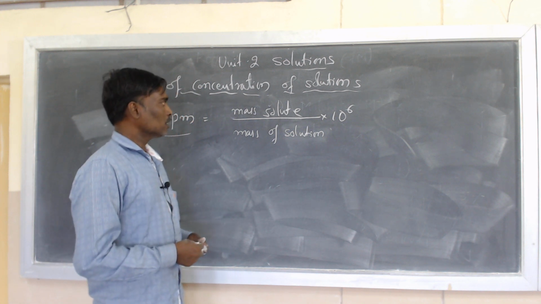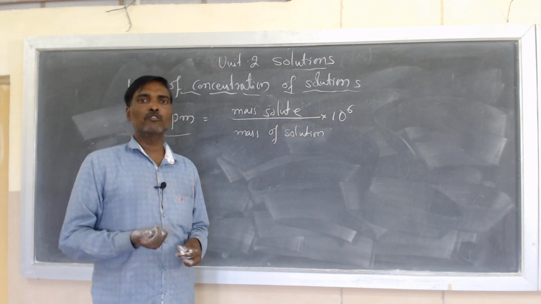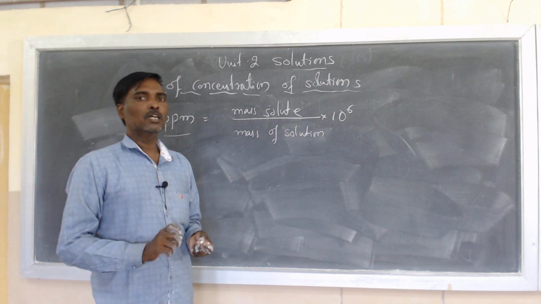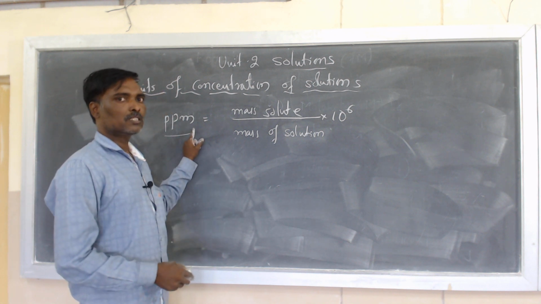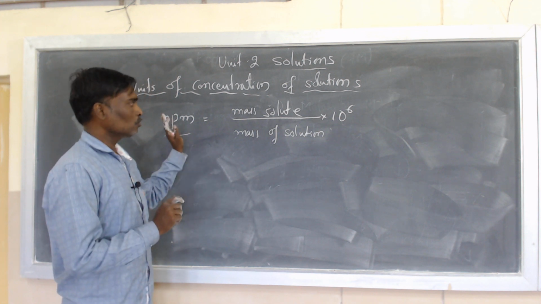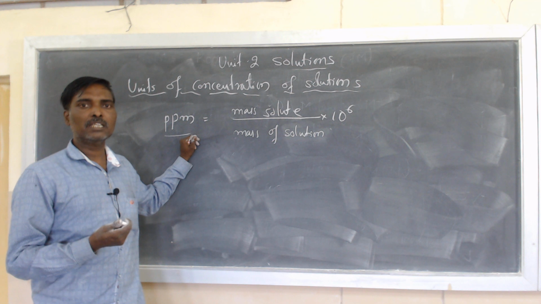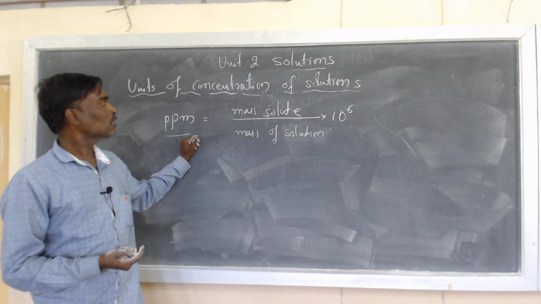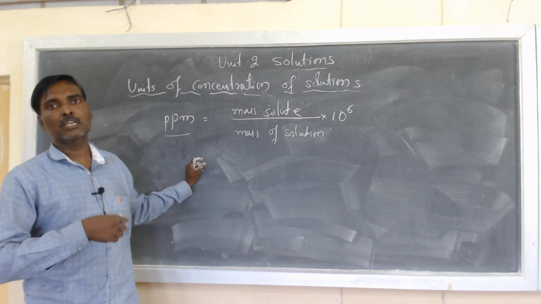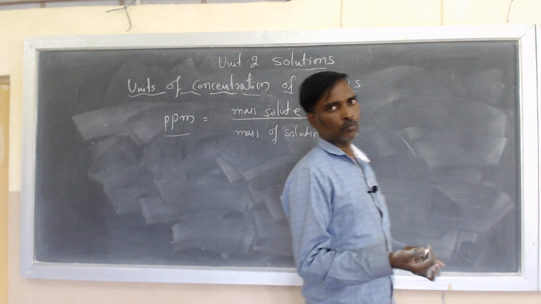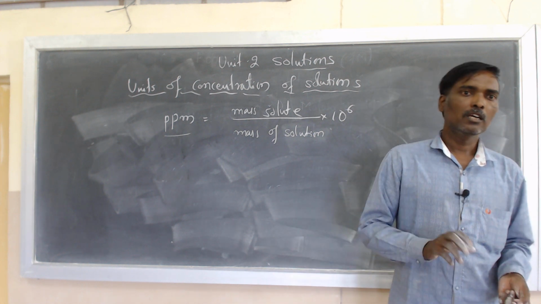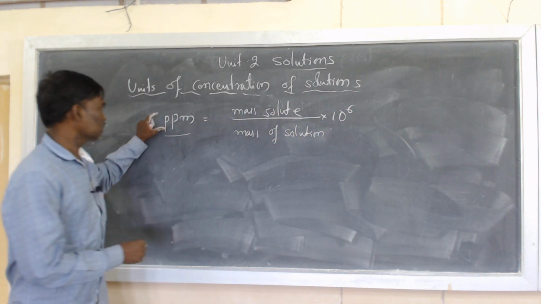For example, the percentage of carbon dioxide in our city. If we want to calculate the percentage of carbon dioxide in our complete city, then we express the concentration in terms of ppm. Or the dissolved oxygen in a lake. If I want to calculate the percentage of dissolved oxygen in a lake, then we express that concentration in terms of ppm.